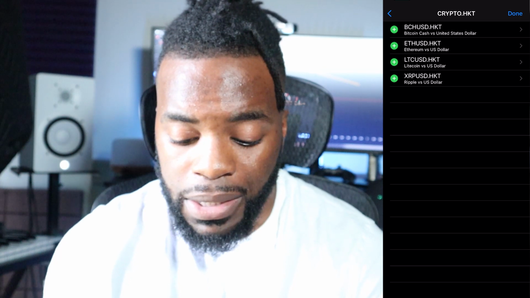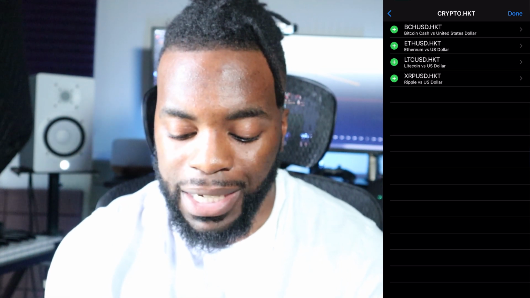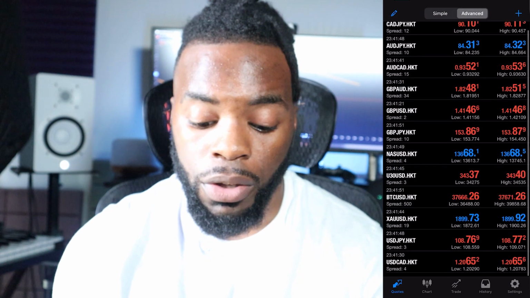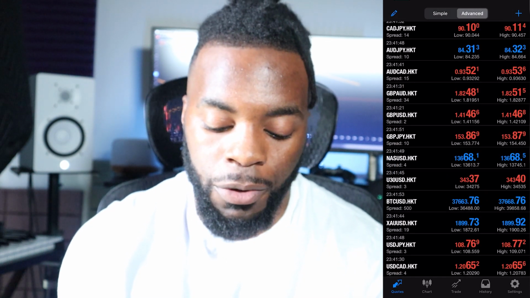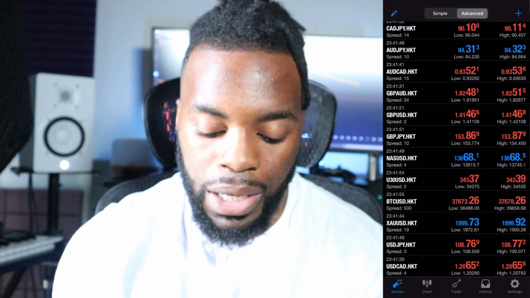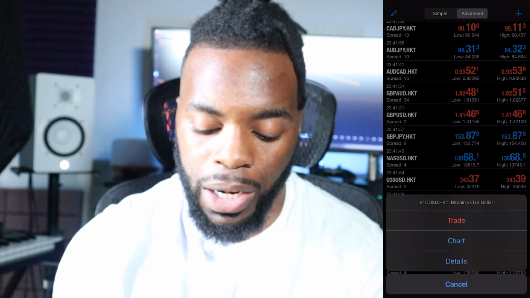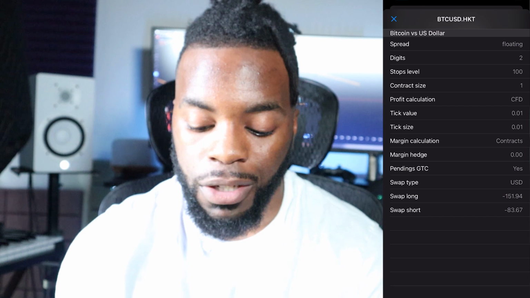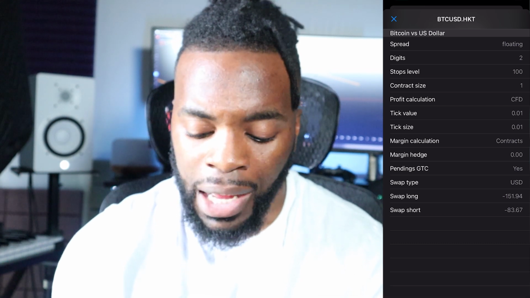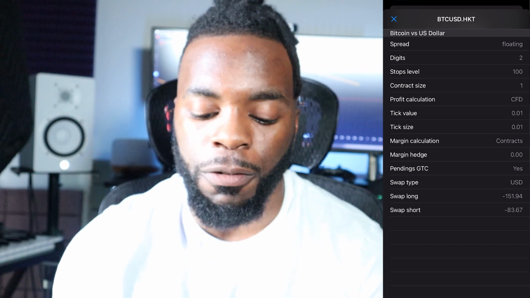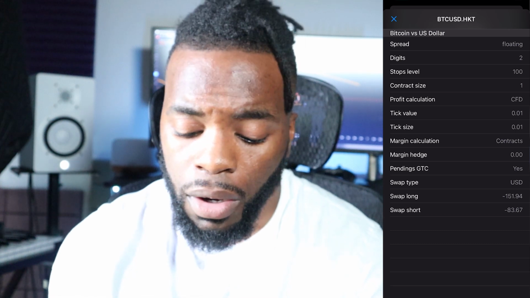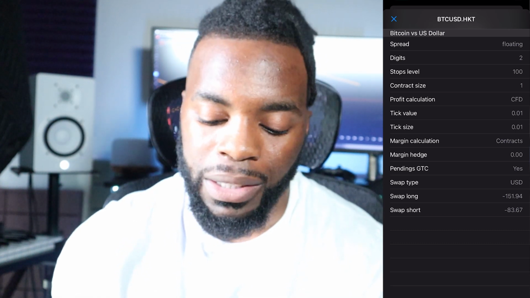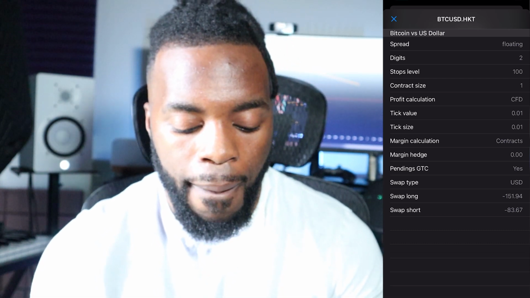So that being said, once you select that, now the next step is very simple. You would then want to go on your phone, and then from here you will want to go into the option where it says trade or charts. We're not going to really pay attention to details. Details, however, does give you more information on exactly the contract size, the margin. It gives you more information on everything you probably might want to know. For those that may want to learn a little bit more about it, you can learn more about it there. I'm not going to explain it in this video, but